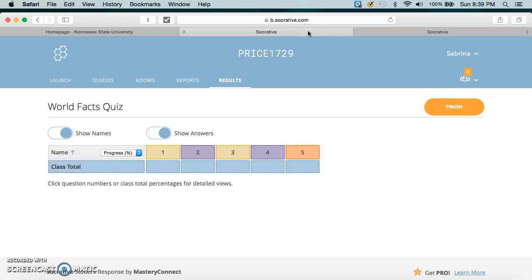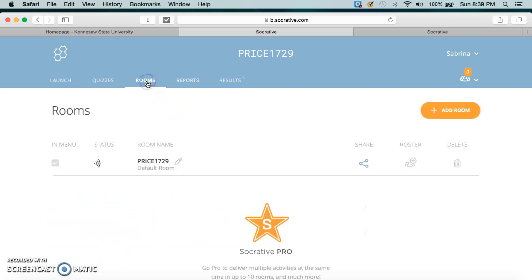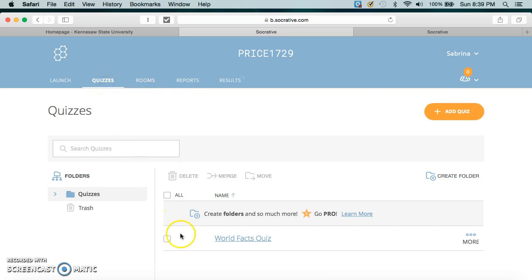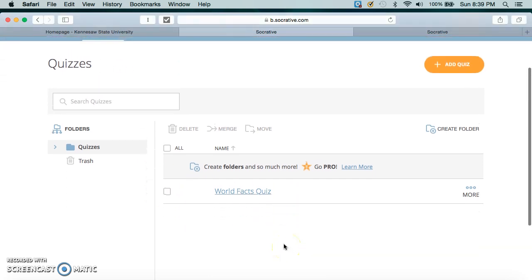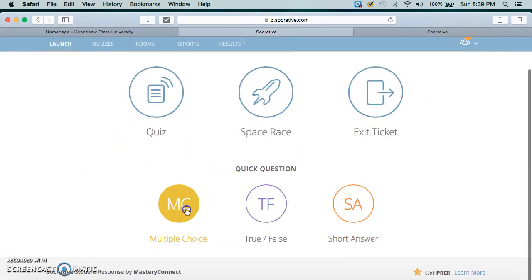I love Socrative. You have other options here, reports. Now, like I said, I've been playing around, so it shows that I've tried those several times. It lists the room number in case that you forget. Once your students log in, you do have a roster. Here are your list of quizzes. If you want to see about creating a quiz, here you can do,